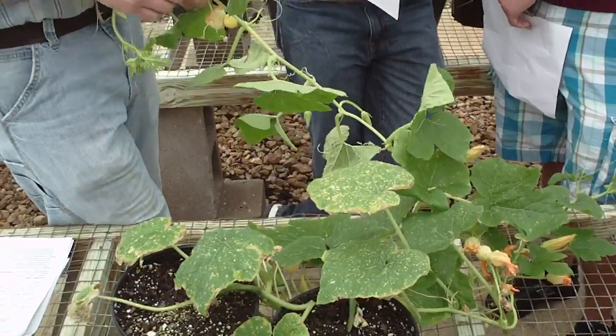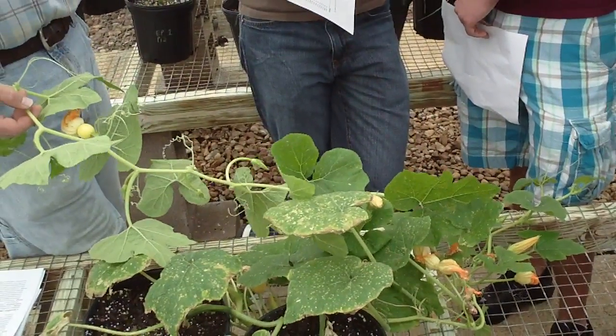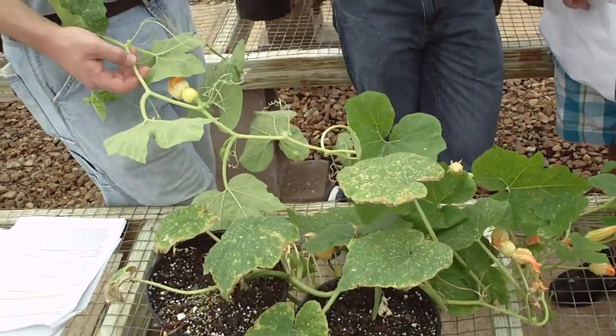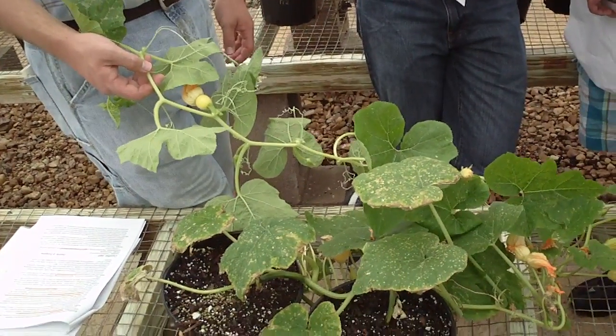And obviously, the pumpkin, squash, gourds, the loofah sponges and things like that people think of, they're not actually Cucurbita, I don't think. They're actually different species, genus. But